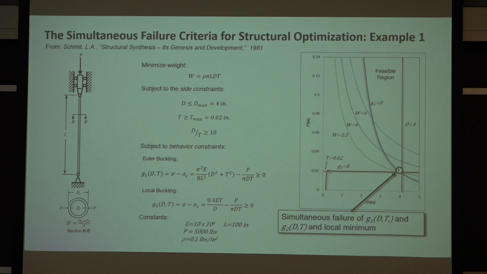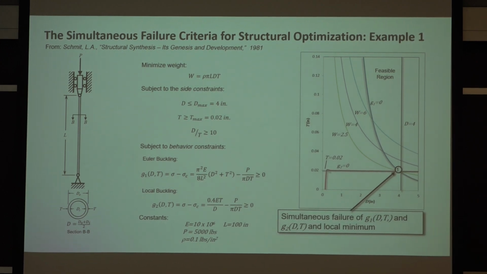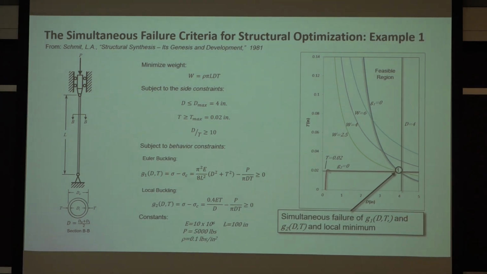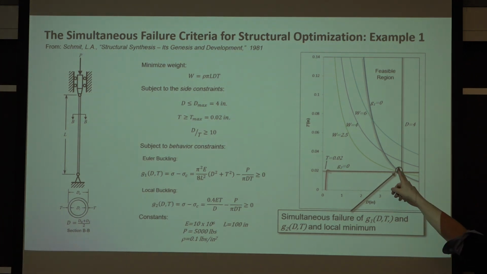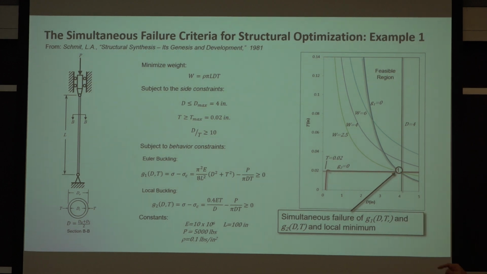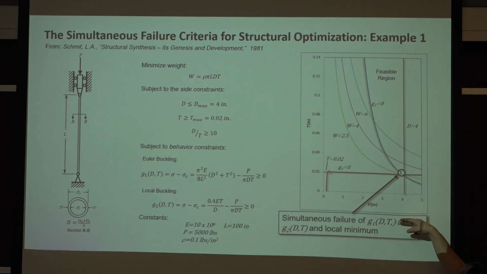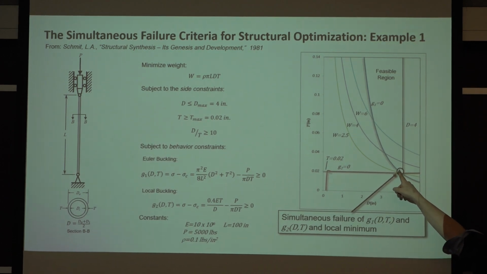Does everyone see that? Then you can start putting your constraints on this same graph. For example, the diameter, big D, has to be less than 4. So you know you're going to have to be on that side of the constraint. The thickness is also constrained right there. And then there are these constraints for Euler buckling. That's this graph right here. So here's the line for buckling. Here's the maximum tube diameter, which very clearly shows you that your lowest weight solution is right there,